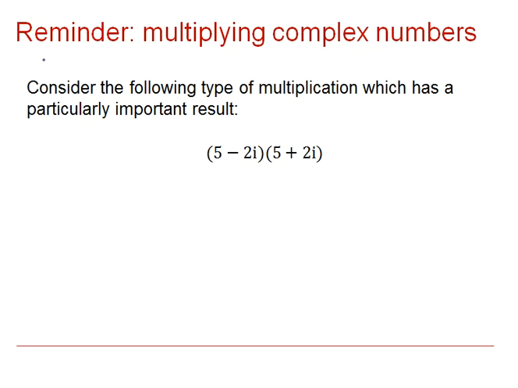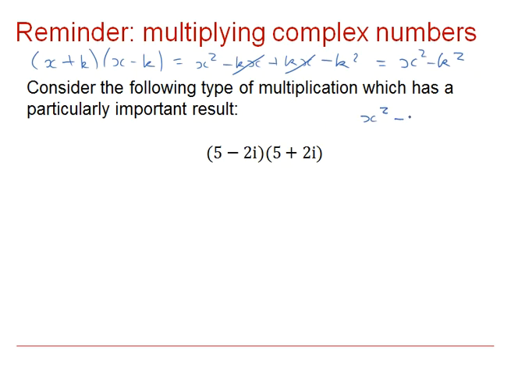If we take a generalized x plus k, x minus k, you may remember that that became x squared minus kx plus kx minus k squared, and that those two terms always cancelled out to give us this difference of two squares. You may remember in session 1 when we looked at a quadratic expression x squared plus 4x